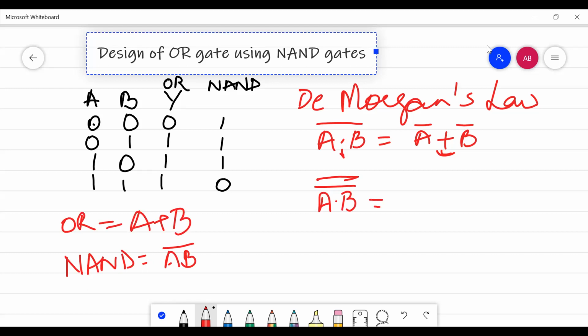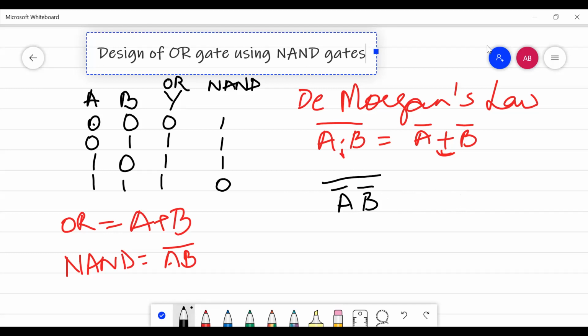That is going to make it equal to, just a second. Let's say that I have got A bar and I have got B bar, and then I am going to